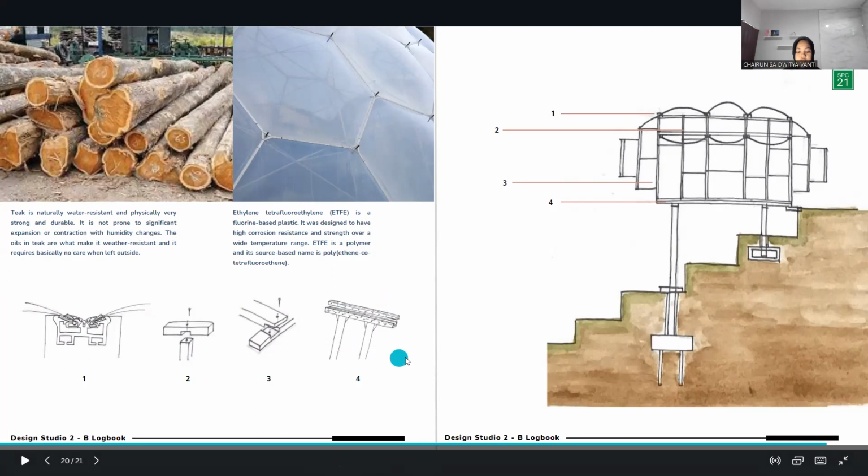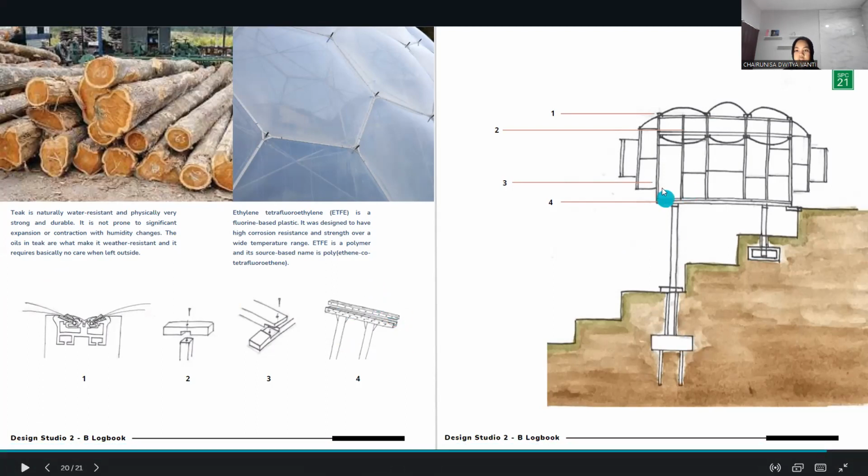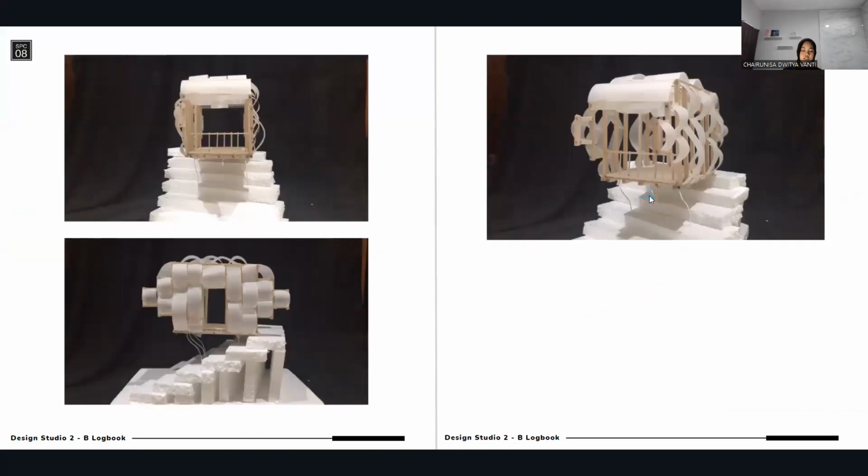This one is a part of the joinery for the foundation, the steel foundation or steel column to the plate. And then the joinery for the frame and the roof part, and the joinery for the ETFE with the wood. So here's the photo model, and that's all my presentation for this